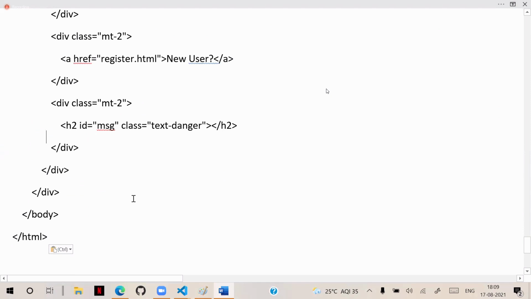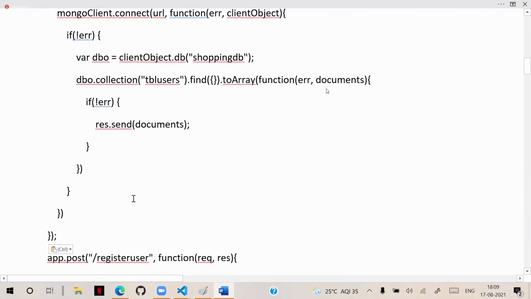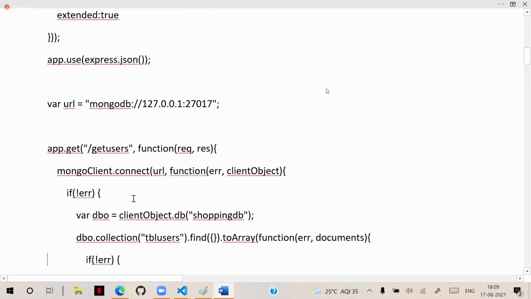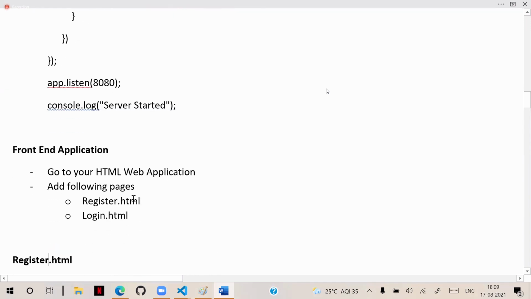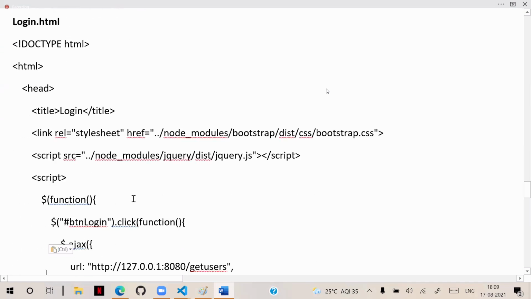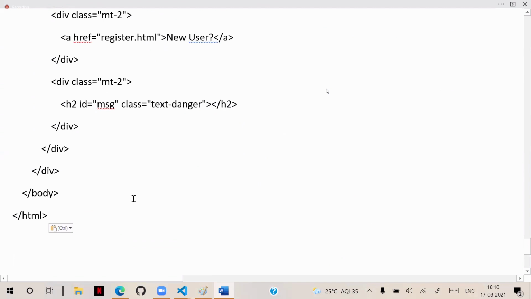This is the application. From the database, you have the server-side application, and there we created the API, and we have the front end pages configured. Now all this we can combine into one application, and configure it as a single application with the help of Angular and React.